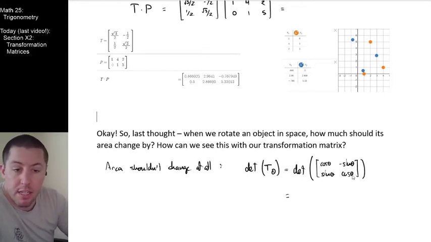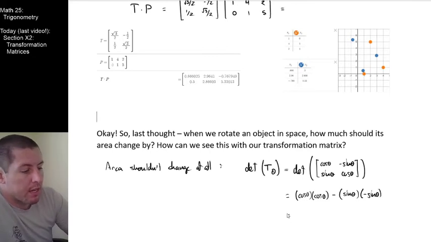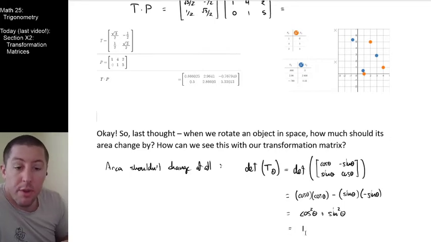Well, it should be the product of the down diagonals minus the product of the up diagonals. So this should be cosine theta times cosine theta minus sine theta times negative sine theta. This is cosine squared. Negative times negative is positive, so this is a plus sine squared. And we get 1. So remember that the determinant tells us how much we scale our area by, and we